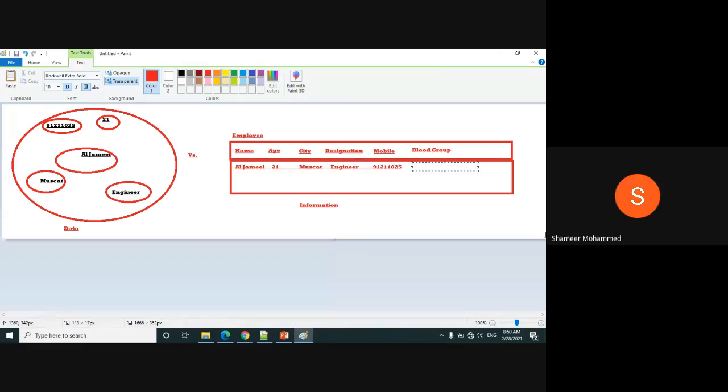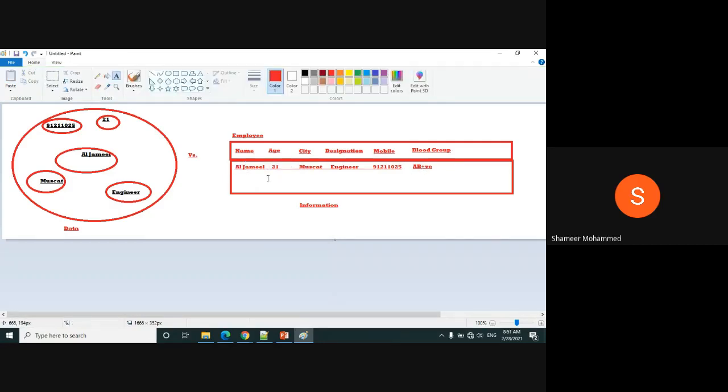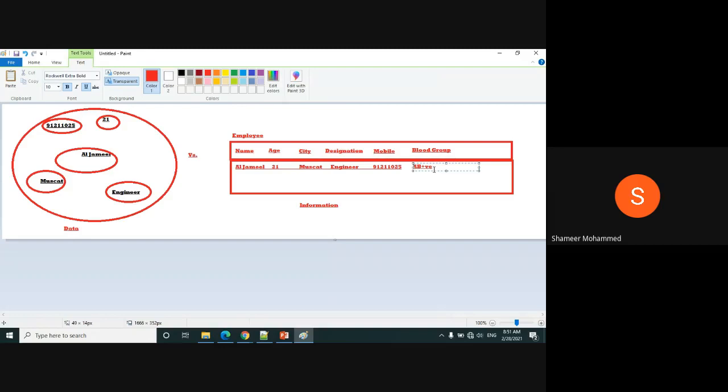See, for example, if I write anything like Z positive, or for example AB positive, we don't know whether this is the correct group for this person. Tomorrow, this person meets with an accident or is in need of blood. At that time, you have to search the records of the database. What is the blood group? If you give the wrong blood group, then health consequences will come. He may die if you give the wrong group of blood.